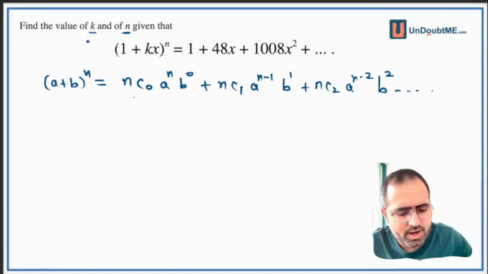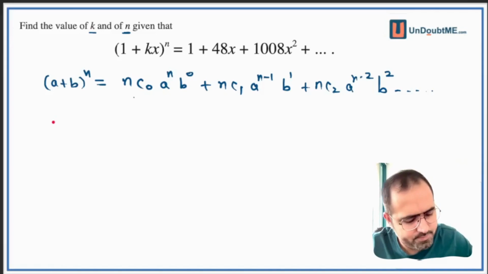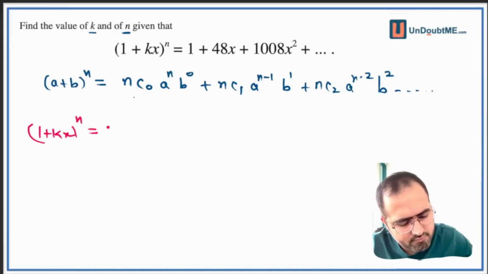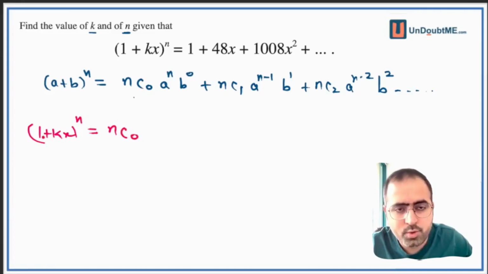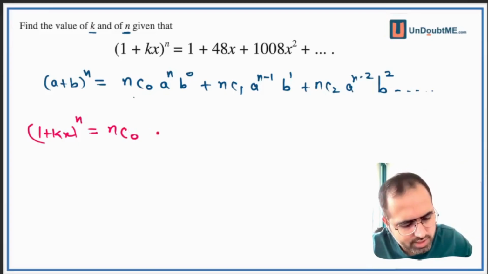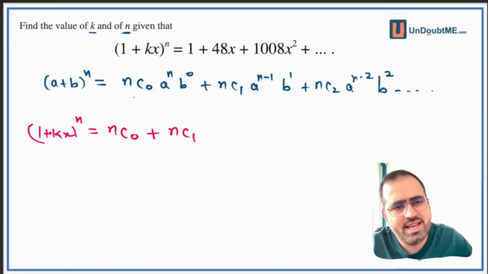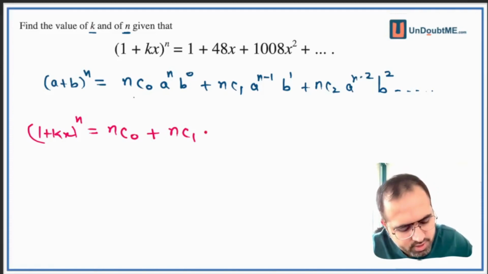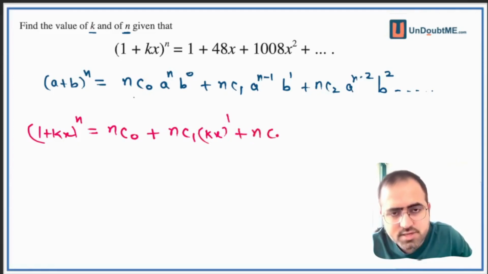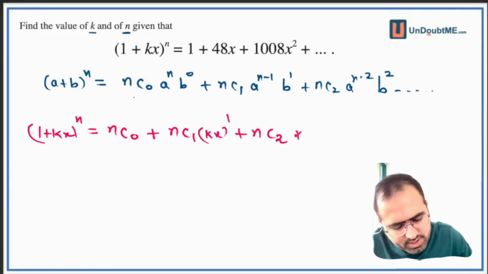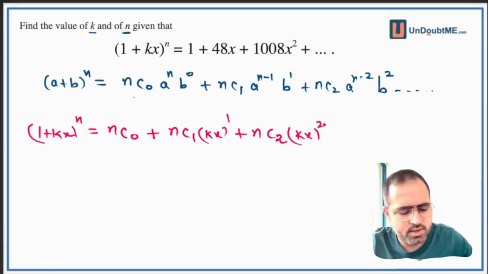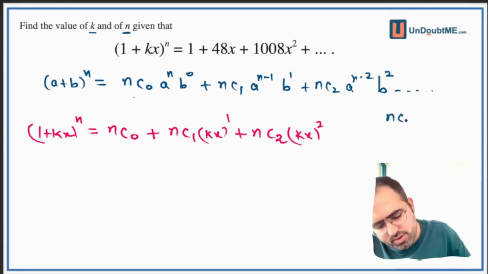So let us try to expand (1 plus kx) to the power n. The first term will be nC0 1 to the power n (kx) to the power 0, so that will basically be nC0 only, plus nC1 times 1 to the power anything, which is 1, so we can ignore that from now on, times (kx) to the power 1, and the last term I'll be writing is nC2 (kx) to the power 2. Now nC0 is 1,